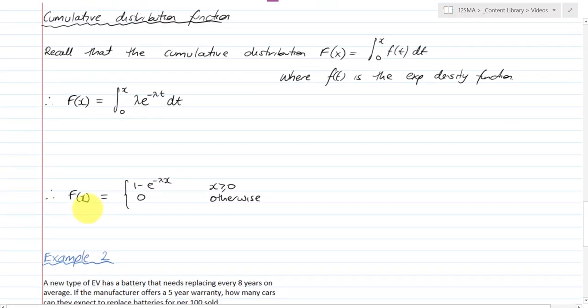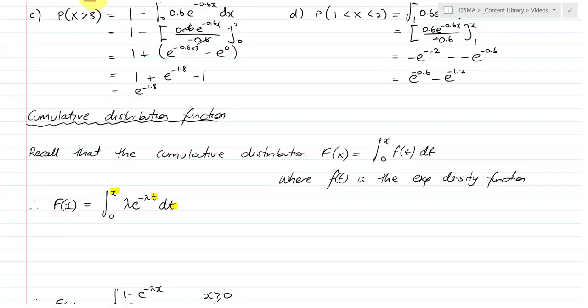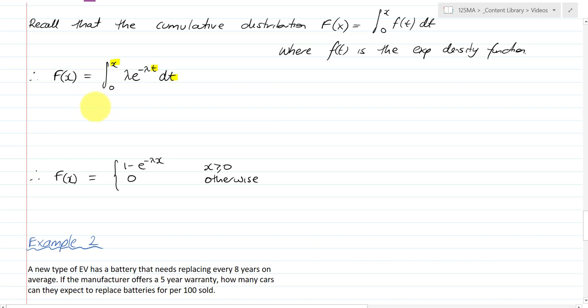So if that cumulative distribution function is equal to the integral between x and 0 of lambda e to the negative lambda t dt, notice here we've swapped out x for t, we put x there. Now we're going to write it as a function of x again, but we had to introduce t, so that was meant to slide down, and we get this. The integral is equal to lambda e to the negative lambda t over negative lambda, between x and 0,